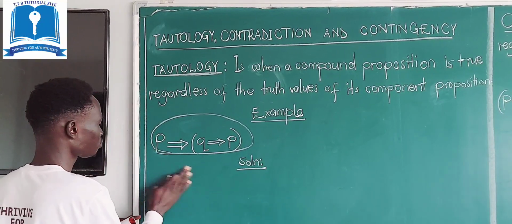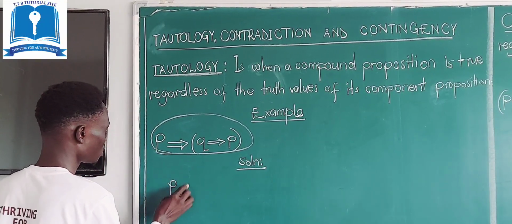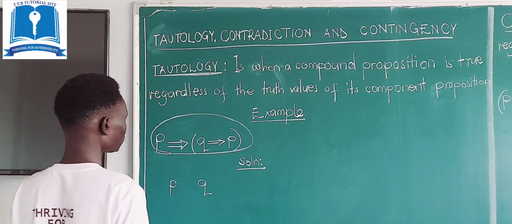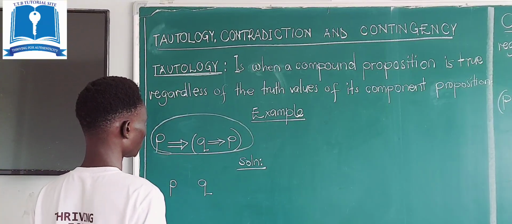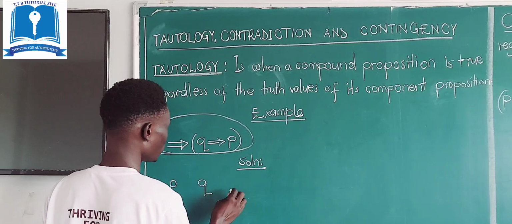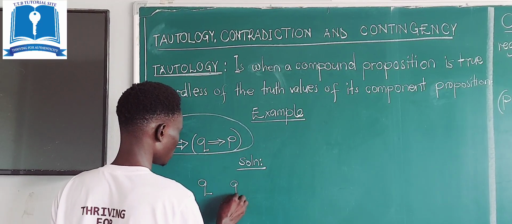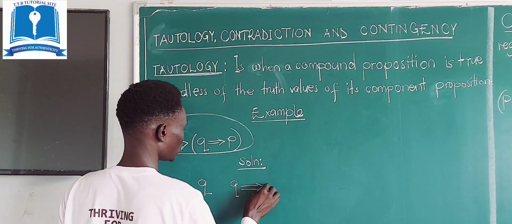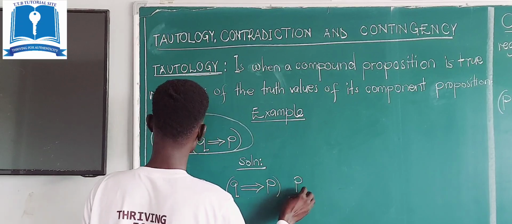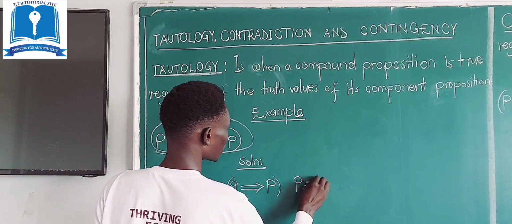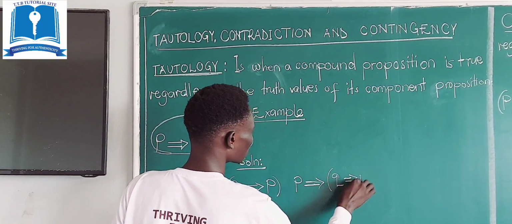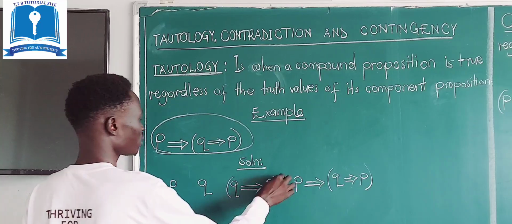Okay, let us have a solution. Then from there, you have P. Then you have Q. Then of course you have this. You have the whole of it. Now you write this statement alone, then you write this statement all. Then you have the whole statement, P, Q. So now, writing like this,